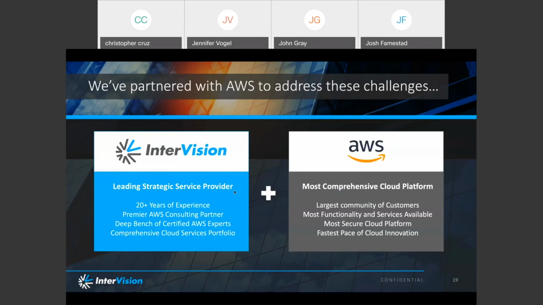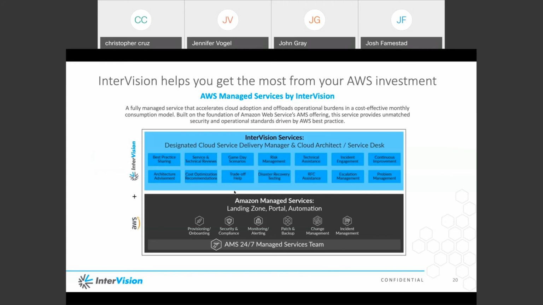One of the ways that InterVision is helping solve this for our clients is that we've teamed up with AWS, and we've launched recently AWS Managed Services as a partner. So it's Managed Services by InterVision. What this is about is Amazon themselves manage the lowest level part of this, the servers, the EC2 instances, the networking, and then InterVision is doing a lot of the work around that. So, help a client with the migration and then with the ongoing work involved after the migration.